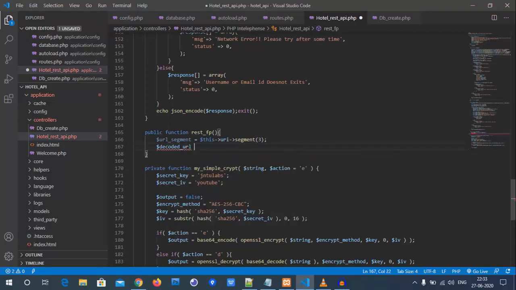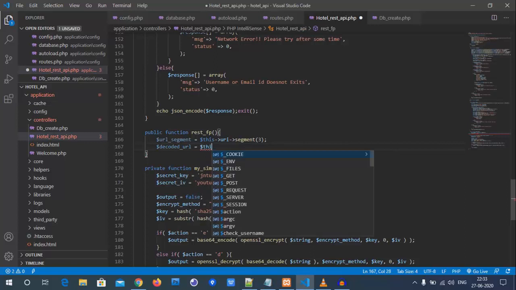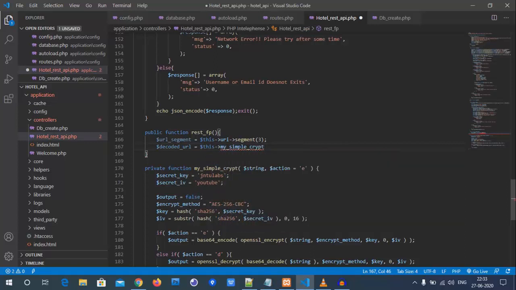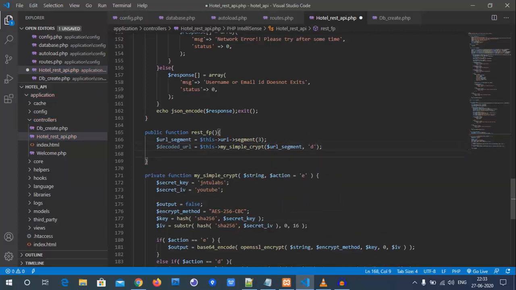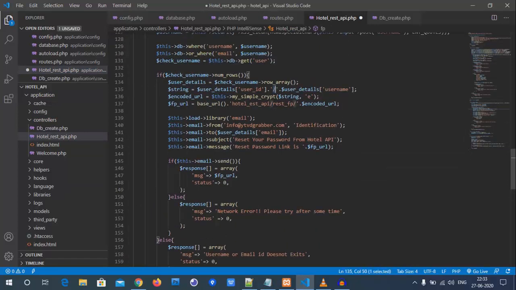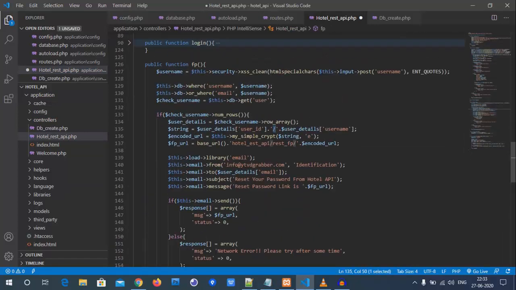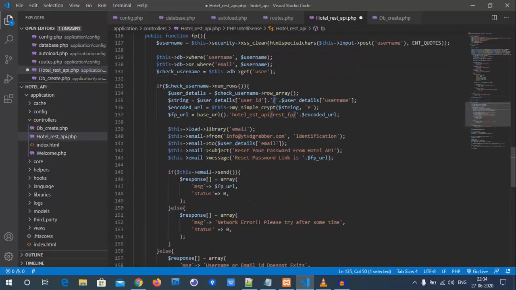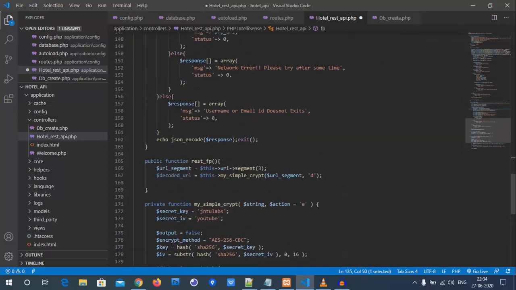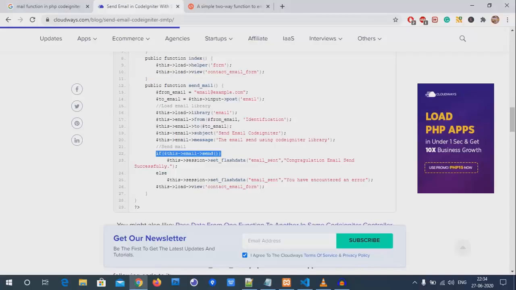Then as soon as we get the segment, then we need to decrypt that segment of the url, and then we need to check. So what we'll do, as we have here the encoded url, here we have decoded. So decoded url is nothing but again dollar this my simple encrypt of url segment comma, here we'll decrypt it. The value will be decrypted and we will get it.